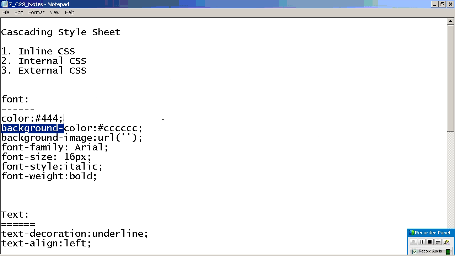Color, background color, yes, that's URL. Font family, size, styling. If you want bold, font weight. So, I hope you are able to understand it. The only thing is you need to practice these tags, then only you will get it in mind. Are you understanding? Now I can write any number of tags because I have practiced it. If you practice 2 to 3 times, then you will understand.